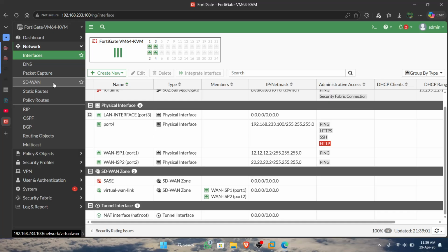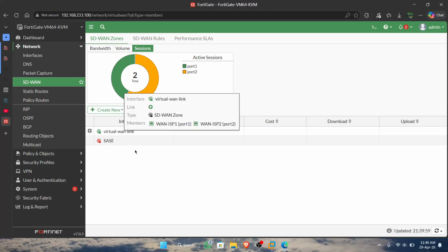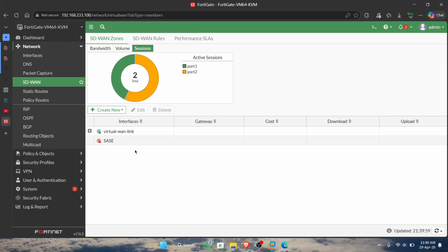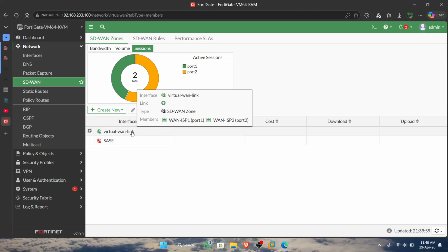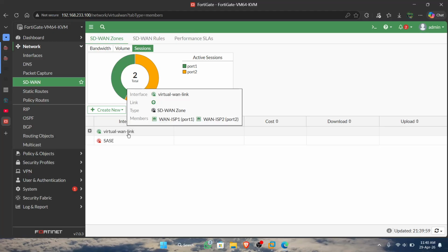Okay, to continue the configuration, we make SD1. When you first enter the FortiGate, the virtual WAN link color is red or silver, and the mark is turned off.